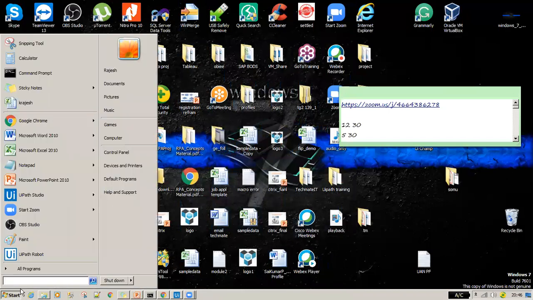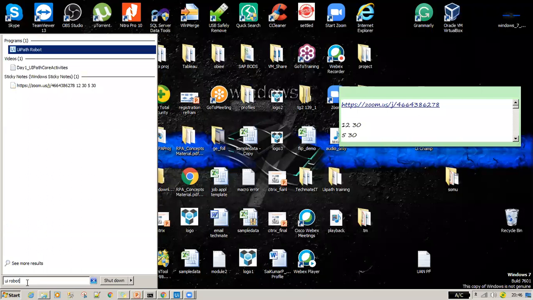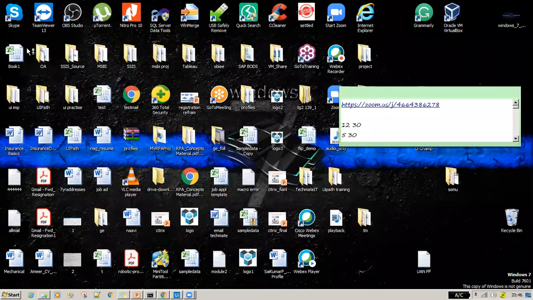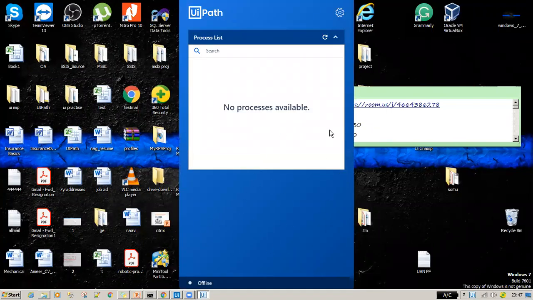Just go to the start button and type in UiPath Robot. Just double click that one. The landing page is going to be this page: the process list of all the processes, and you have a settings pane. On the bottom, you can see my status is that it is not connected to orchestrator.